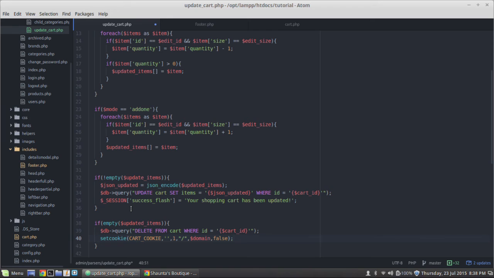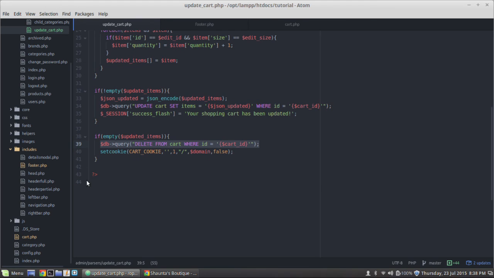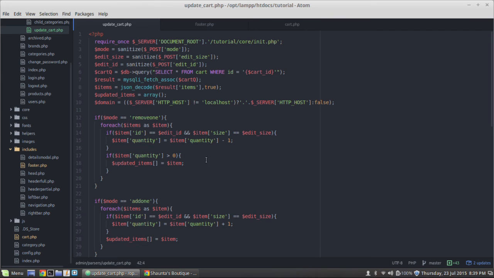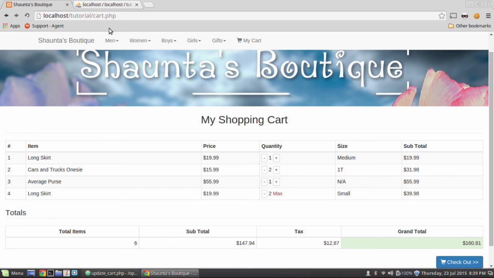That will basically destroy our cookie, but first it will delete that row from the database and then set the cookie. Alright, so that's it. That's our parser file. Pretty short and simple. Save that. Yep, that is our entire parser file. So now if I refresh the page, I should be able to add